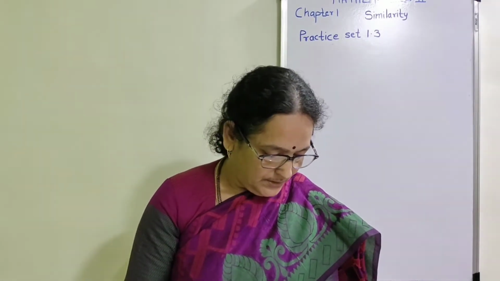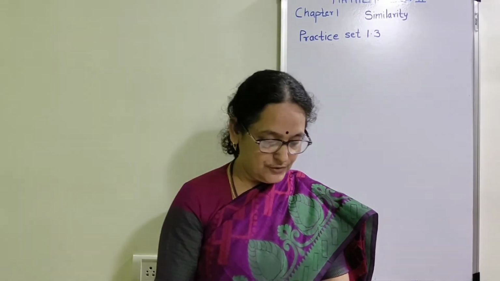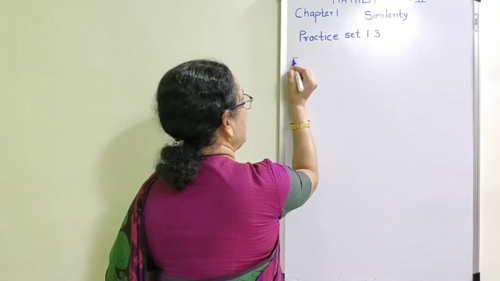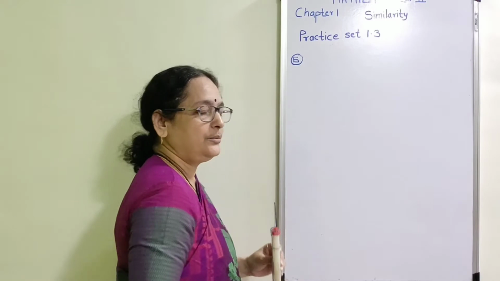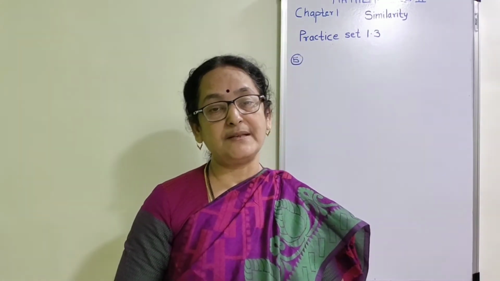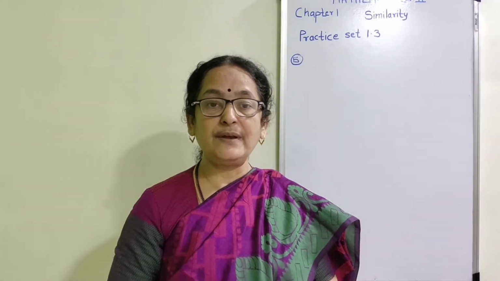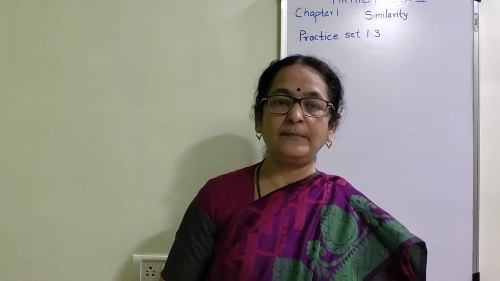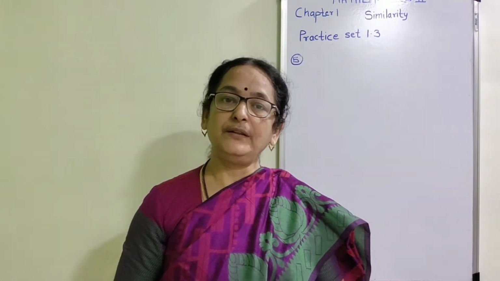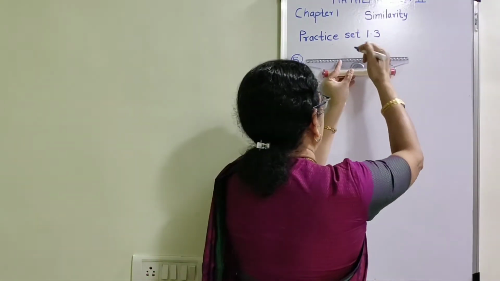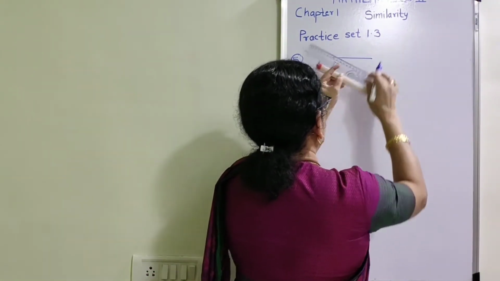Now we are going to complete example number 5. That is, a trapezium is given. Now trapezium is very important, related with the examples based on similarity. I am going to explain this example. Then if you get any example related with the same quadrilateral, that is trapezium, then you can easily solve that example. Now first of all, I am going to draw and complete the given figure.